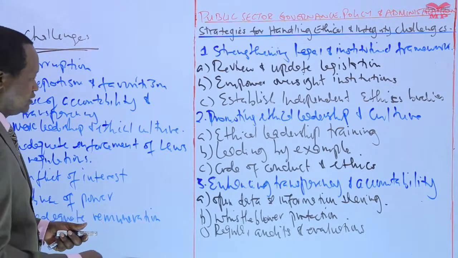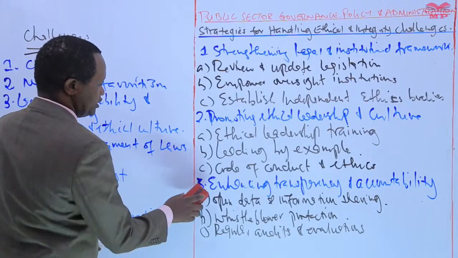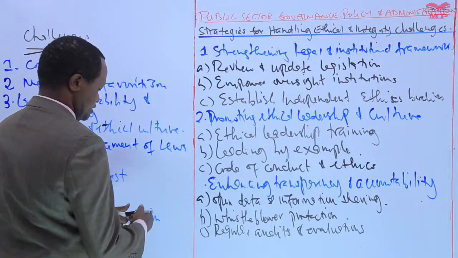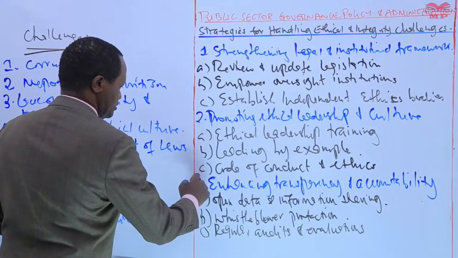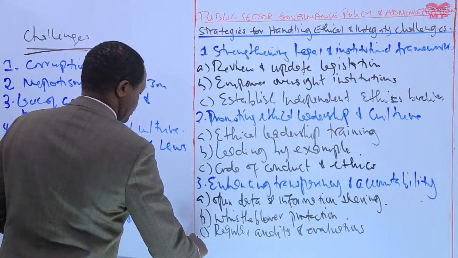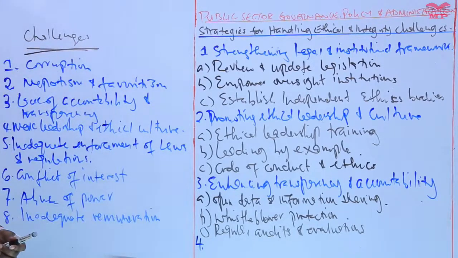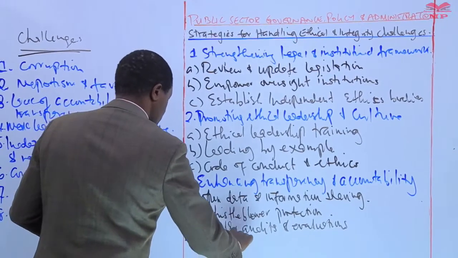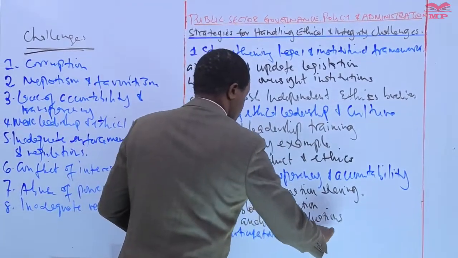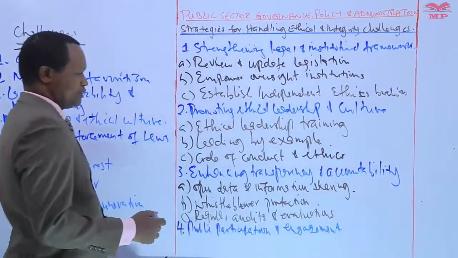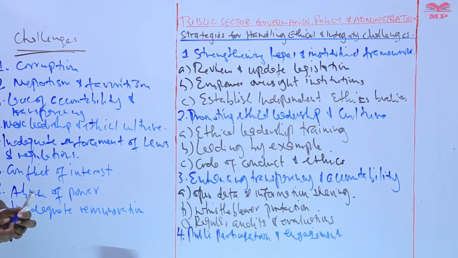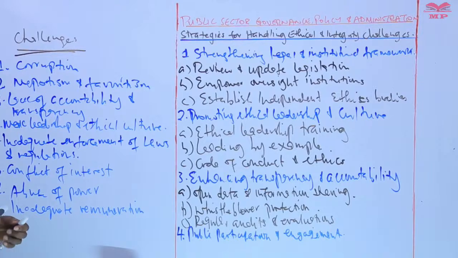So that is the third strategy. We have explained how to enhance transparency and accountability. Moving on to point number 4. The fourth strategy is public participation and engagement. Public participation and engagement is another strategy. And how is this possible? This can be done through